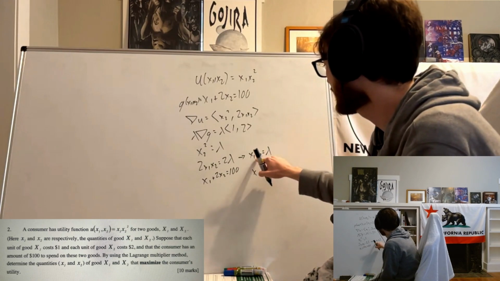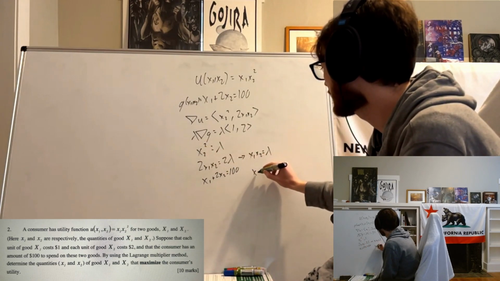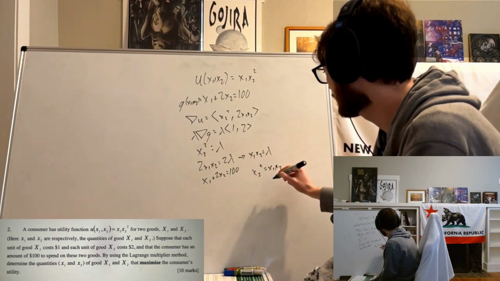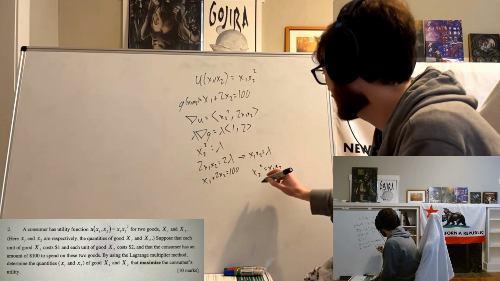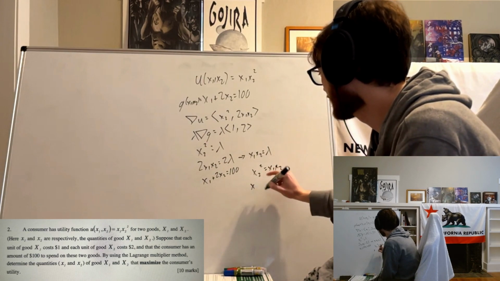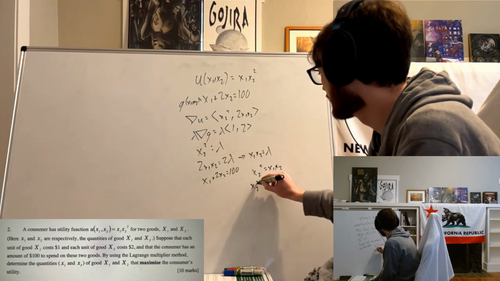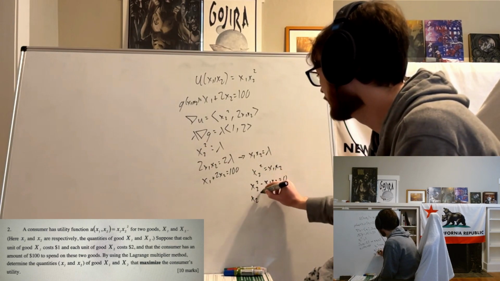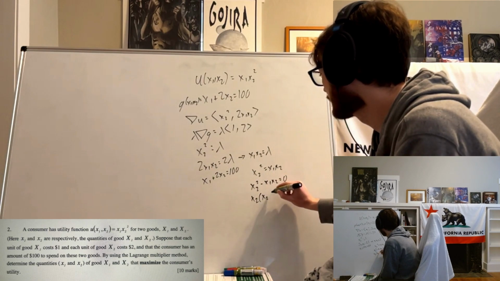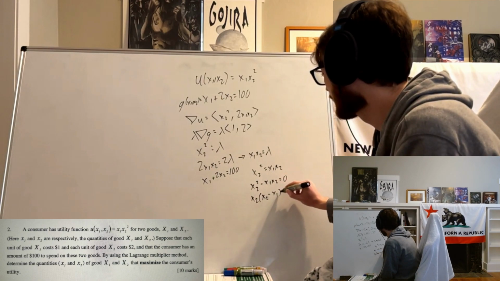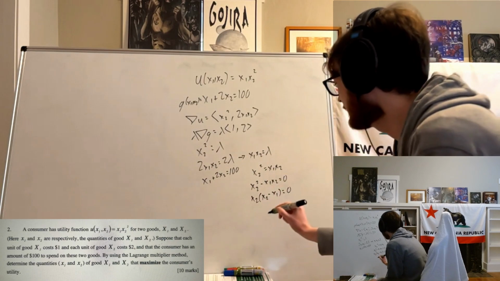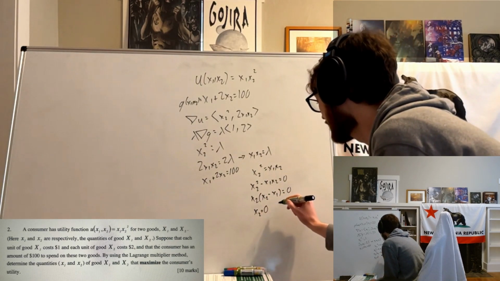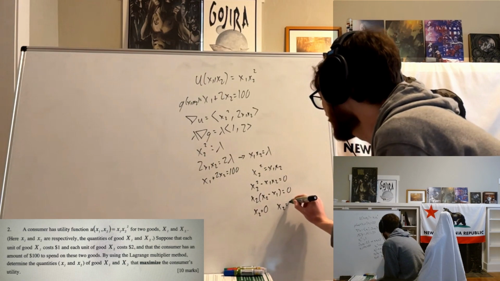So if we equate that with that, because they're both equal to lambda, we get x2 squared is equal to x1 x2, and we can divide by x2. I mean, we could be even more careful and subtract it over, equals 0. Factor out the x2. And then from here, we have either x2 equals 0, which I don't think is going to make sense, or x2 equals x1.